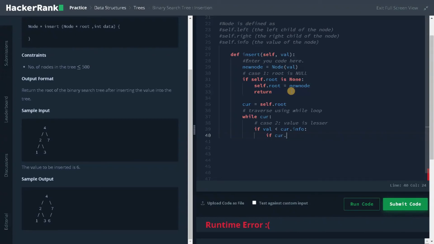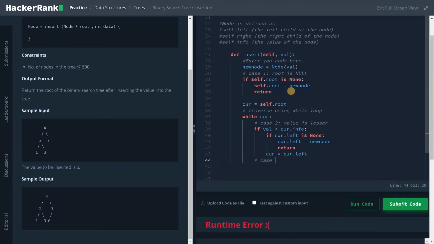If current.left is none, if there are no elements, we will be assigning the new node to current.left. Current.left equals new node. And after assigning, we will return the function. If it's not entered the condition, we will traverse to the left of the node, that is current equals current.left. That is case 2.